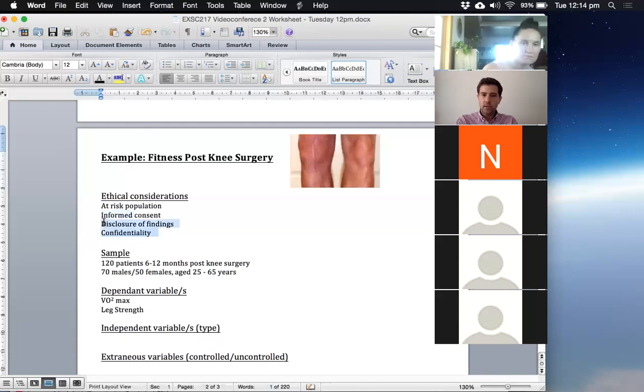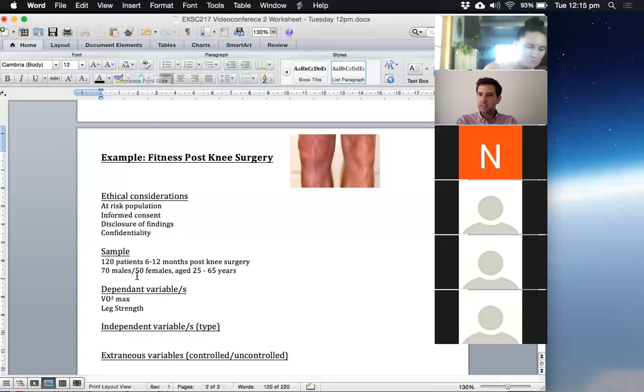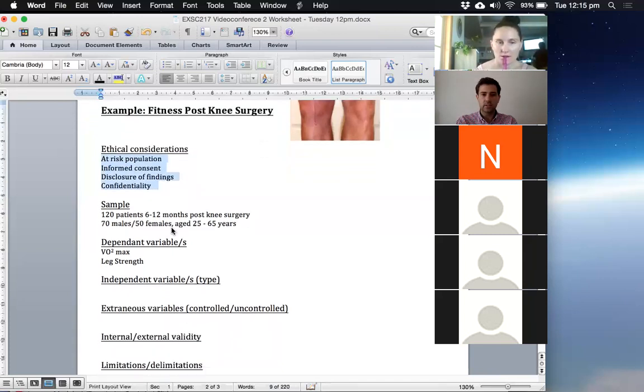There's a couple more out there on the list that we've got, but what I might do is leave you guys to have a little look back at that. In mid-semester exams past, students do miss out on a couple of these. So I'd recommend having a bit of a look at it before next week's exam and having a list to come to in terms of ethical considerations.